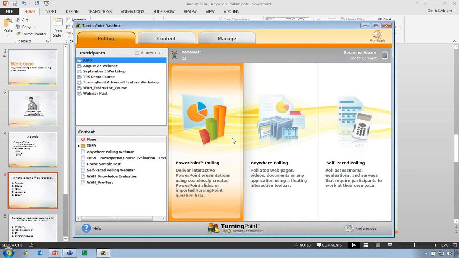And the big difference here is when we're doing verbal polling, the results stay very, very generic. So when you go and look at a report from a verbal polling session, it literally shows you question 1, answer A, answer B, answer C. And what Anywhere Polling does is it grabs a screenshot of what was on your display at the time. So you can look at, here's the results of the question, here's what was on the screen. So it's not really so much about capturing what the question and answer was, it's more here's what you were asking them to answer based on, here's what the result was.